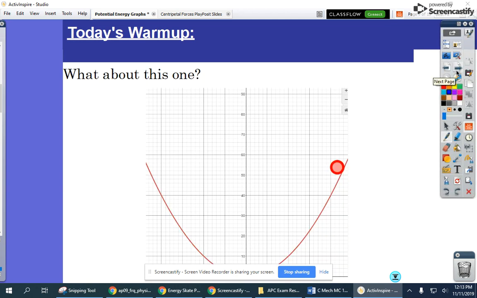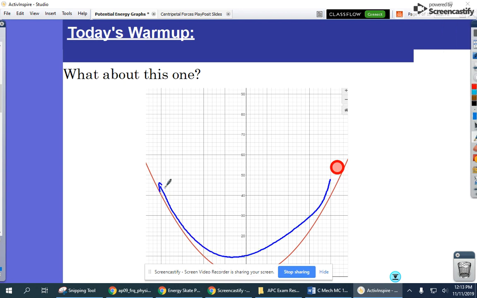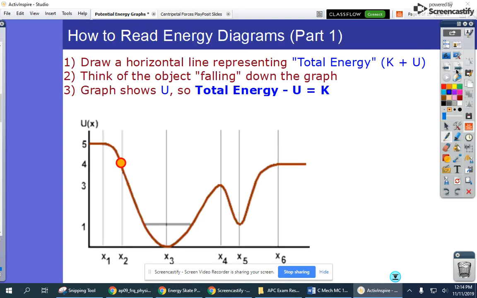What about on a graph like this? Well, it'll probably want to roll downhill and then uphill, and then it'll probably stop and kind of oscillate back and forth forever in this little bowl of energy. And again, what I want to urge us to think is that when we're reading energy diagrams,